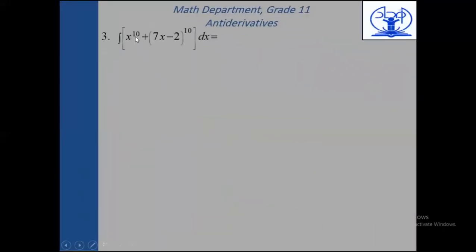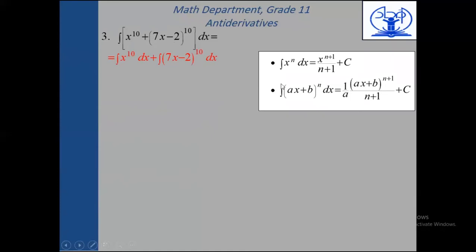What about the integral of x^10 + (7x − 2)^10? Now, x^10 is simply x^11 over 11. What about (7x − 2)^10? Is it (7x − 2)^11 over 11, just like this? No, because 7x − 2 is not the variable x. It's a linear expression of the variable x. So we do it by saying that (7x − 2)^10 will be (7x − 2)^11 over 11, but times 7 in the denominator. So the final answer will be x^11 over 11 plus (7x − 2)^11 over 77